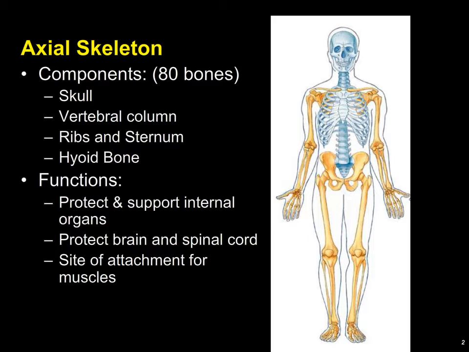So the axial skeleton, as the name implies, is an axis or line that helps to be the central support for the body. It also helps to protect various body organs, right? We talked about the rib cage helping to protect the heart and the lungs, and the cranium helping to protect the brain. The axial skeleton is also very important as a site of muscle attachment. One of the things we talked about in the last lecture were those spinous processes that we see on the vertebrae. And remember, anytime you see a spiny or pokey process, it's usually going to be a site for muscle